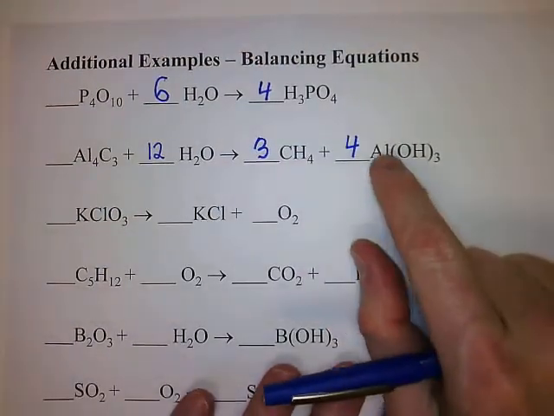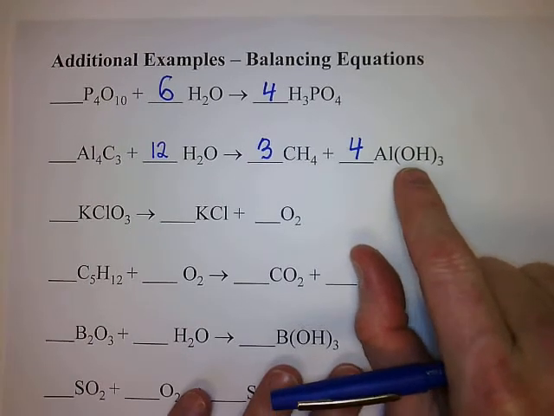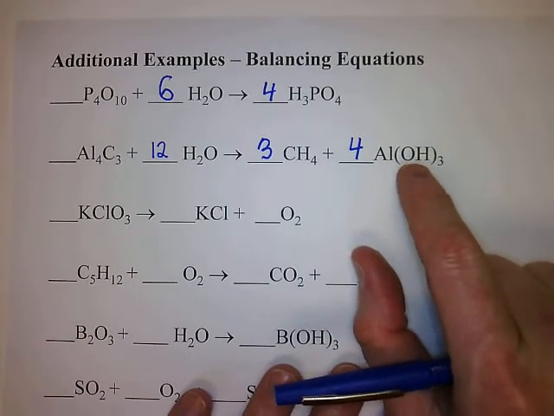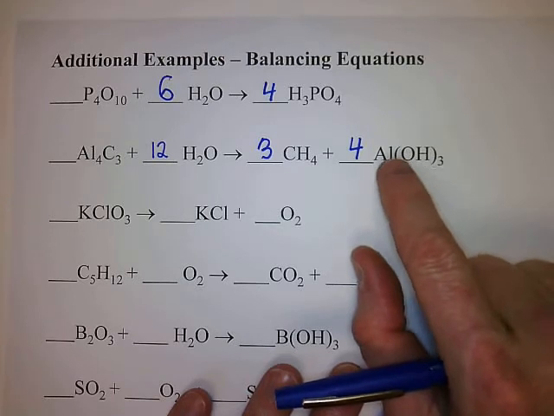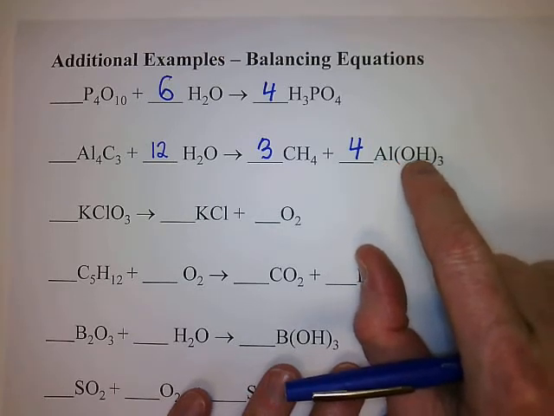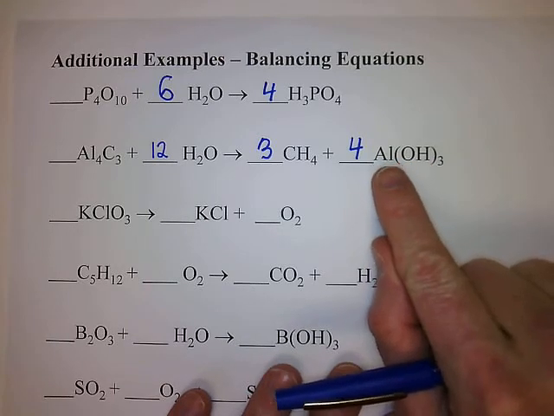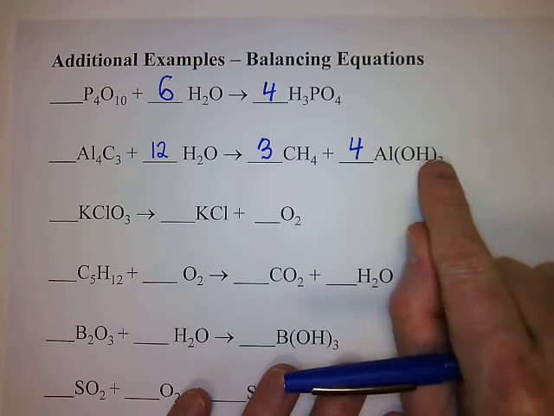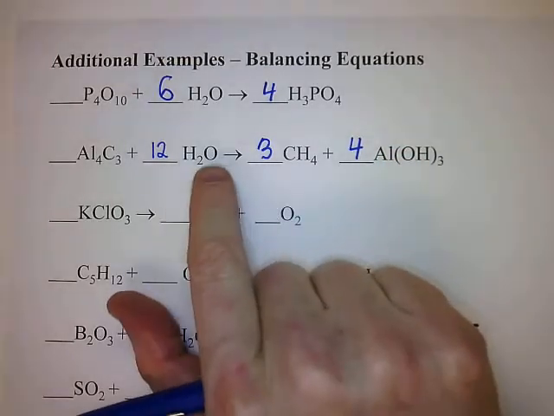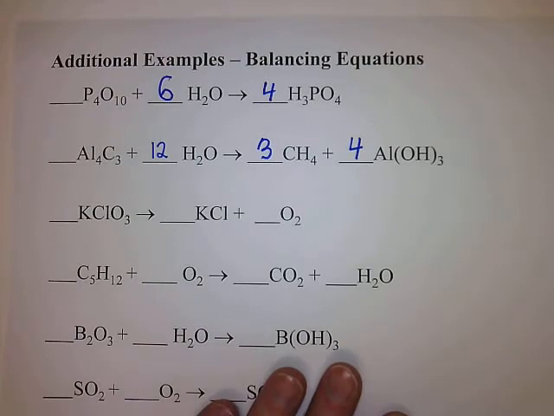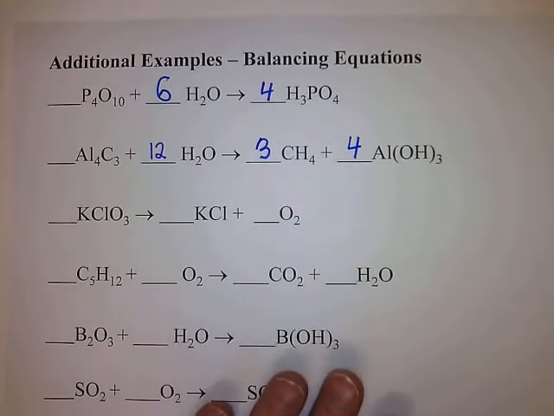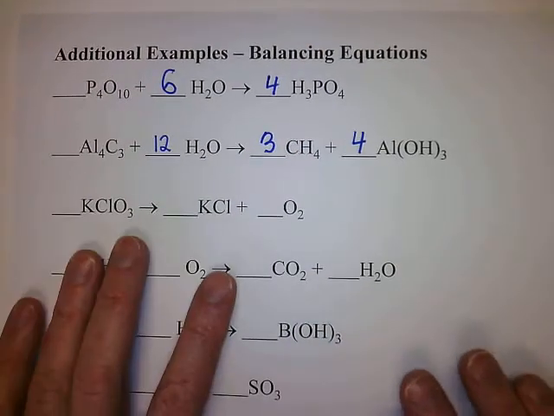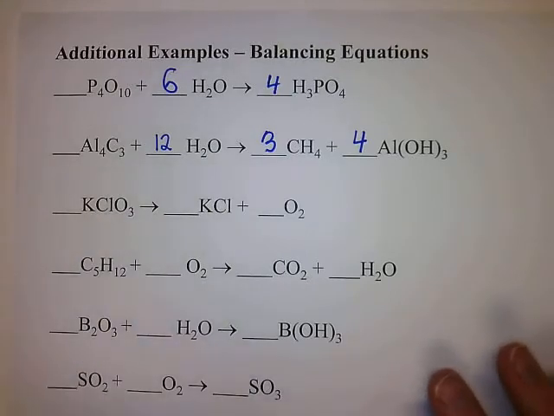It would probably be easier to do it from the oxygen, because the oxygen only appears in this one compound, right? So in Al(OH)3, there's 3 oxygens per molecule of OH3. 3 times 4 is 12. And there's only 1 oxygen in water, so you'll have to have a 12 in front of the water. Okay? Third example,